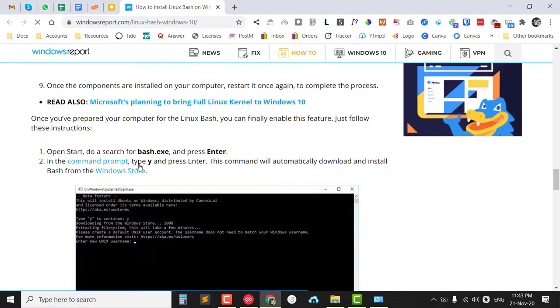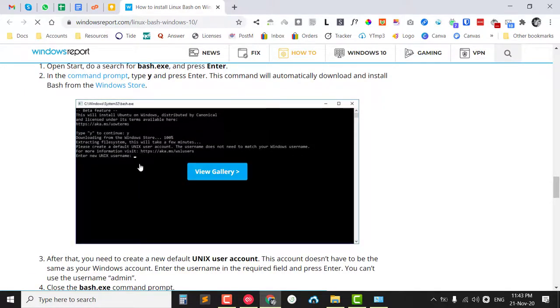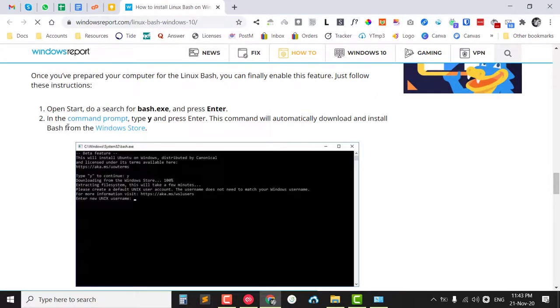And then just enter, and excuse me, in the command prompt type Y. So I believe this is self-explanatory. Using this article, type Y and press enter. Start to search. Press enter. This command will automatically download and install bash. Okay,